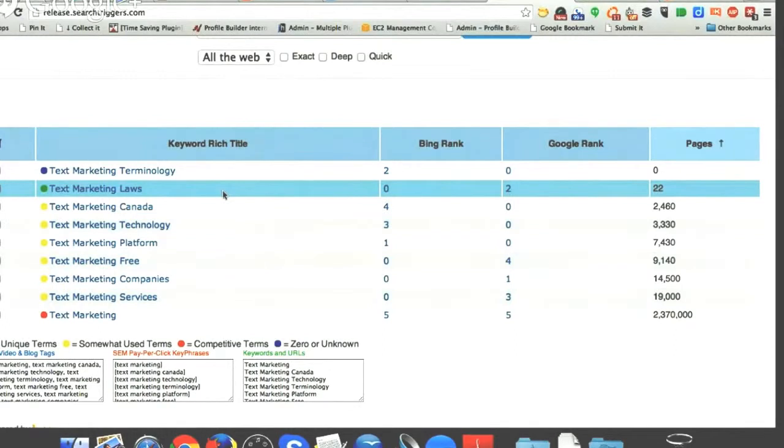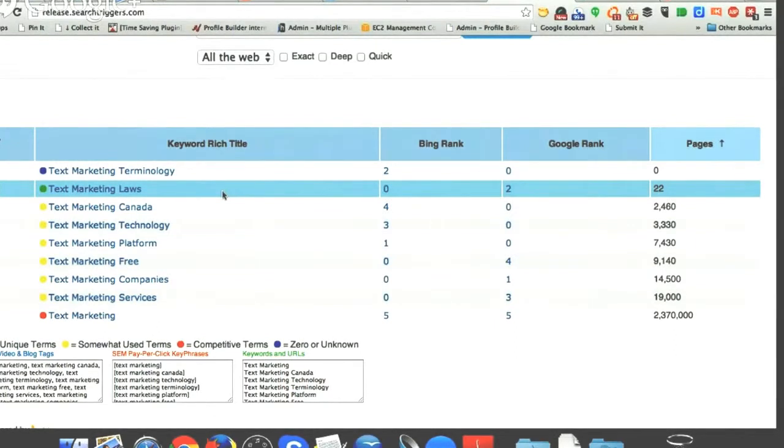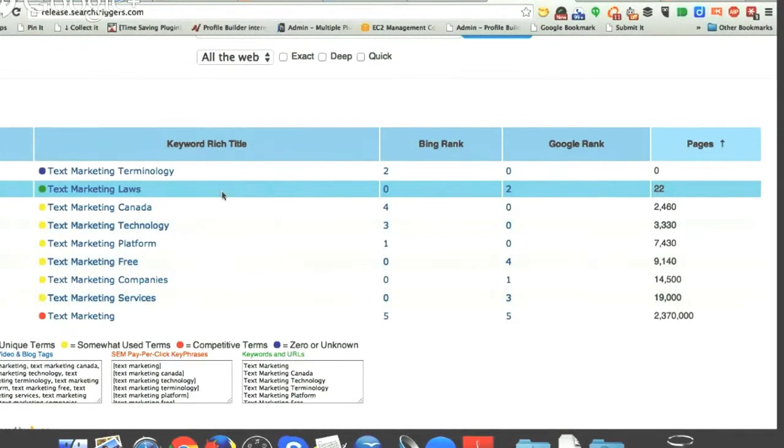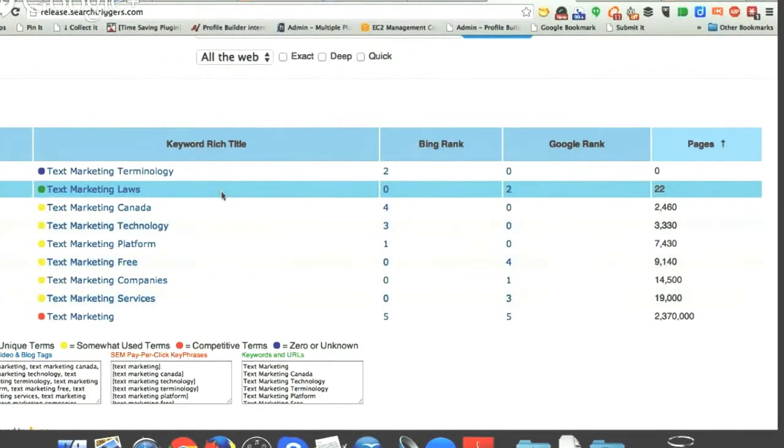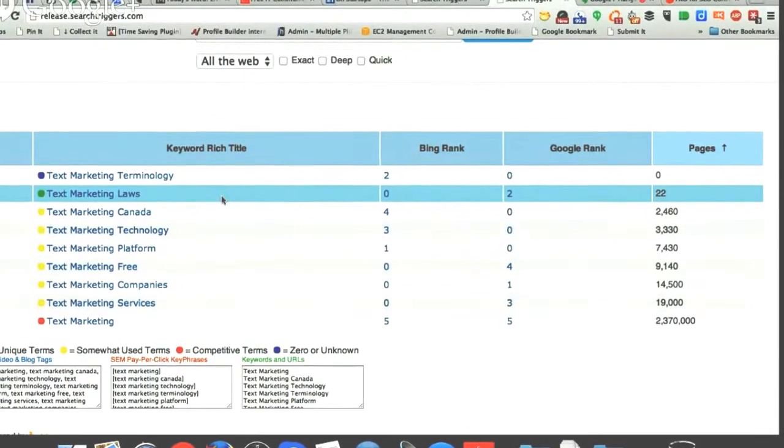Now the color. Let's talk about the colors. These are orders of magnitude, and we did that because when you have really, really long lists, it's really easy to scan through the list. One of the things you want to look for is something that has lots of traffic, but doesn't have a lot of pages. So let's run the pro version real quick on this.